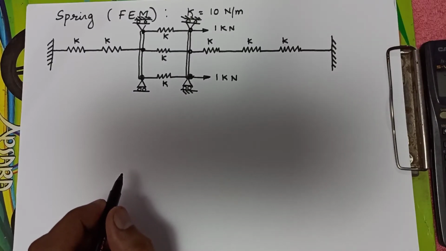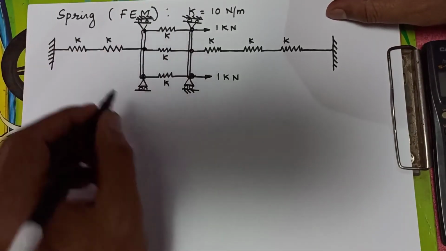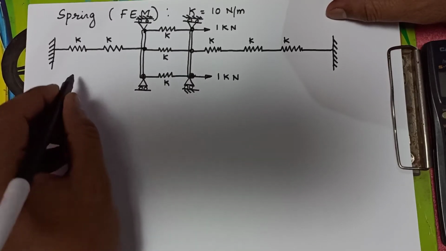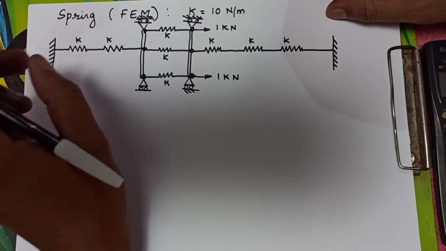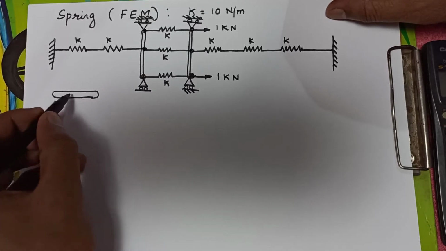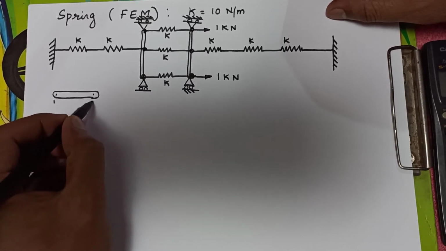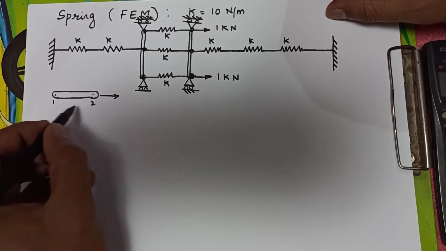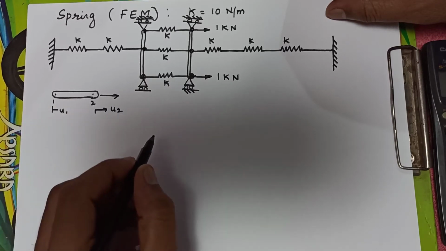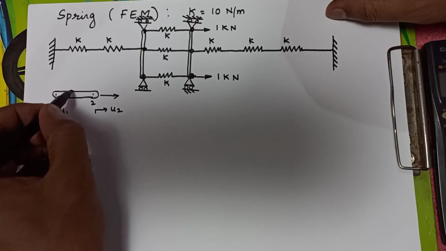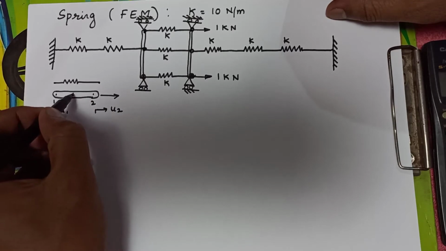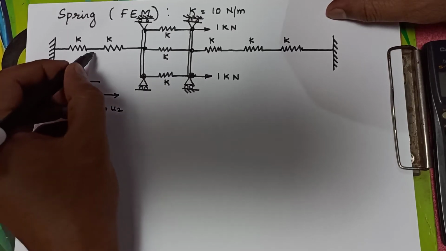Now, coming to the solution. So this is the problem which they have given in the question. Now each element or each spring will be considered as a bar. In the bar also you can take one element, and here this will be node 1, node 2, and the load will be applied, and the displacements we have taken as u1, u2. Like that we have considered it as a bar element. So here, instead of the stiffness of the bar, this is a spring element, so whatever the K value is given directly in the question.